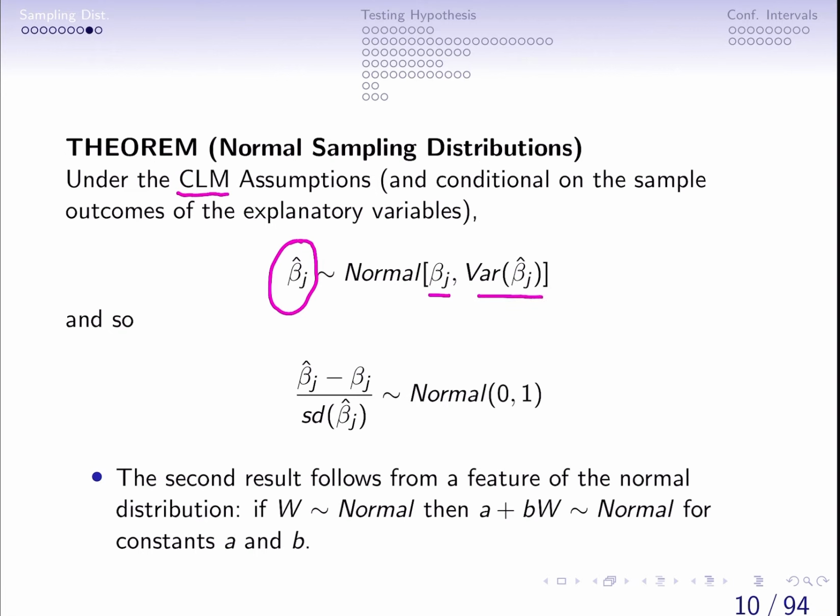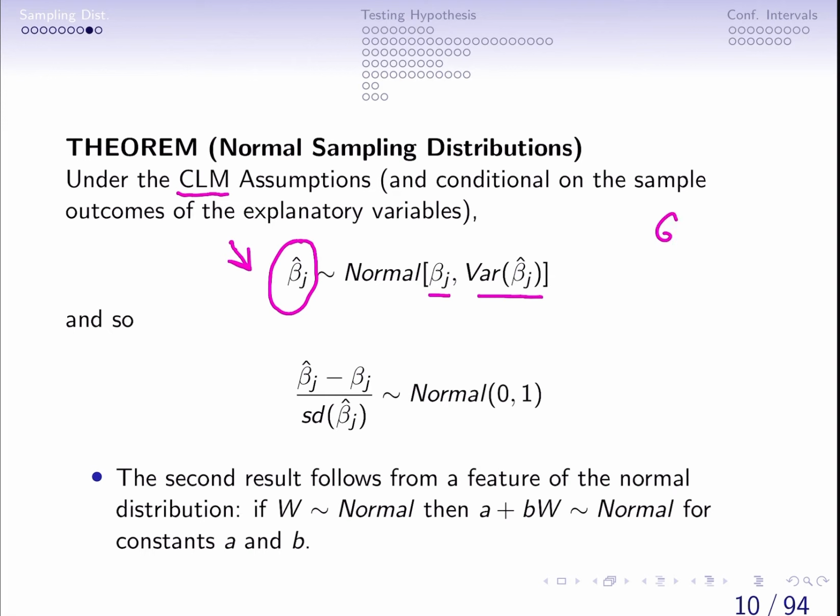And if you use the central limit theorem, then we can standardize this variable and say that, given a random sample of beta hat j's